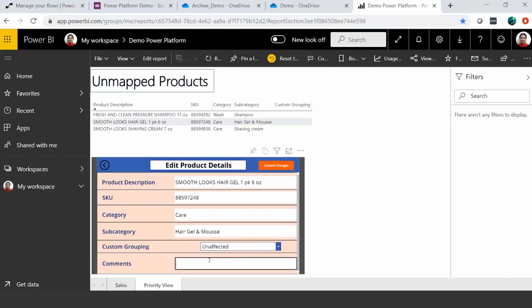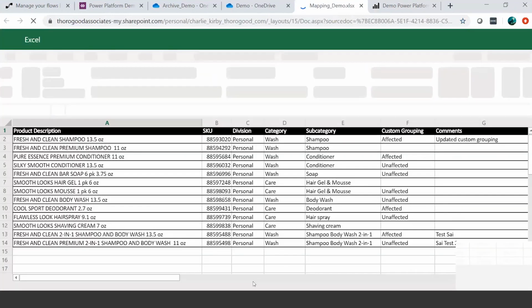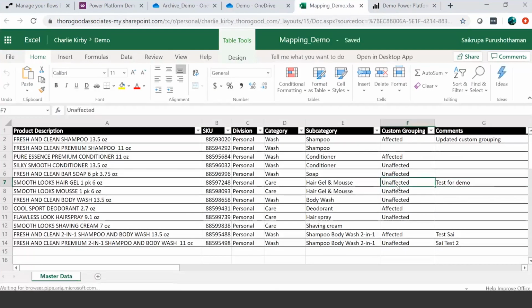product. What I'm now doing is I'm going to update this and commit these changes. When I hit commit, what it basically does is write this latest data back to the Excel file that I just showed you. So I'm going to click on commit. Yeah. So now it's written back. If you go back and open the file now, it should ideally have the updated data. So if you see here, I now have the value